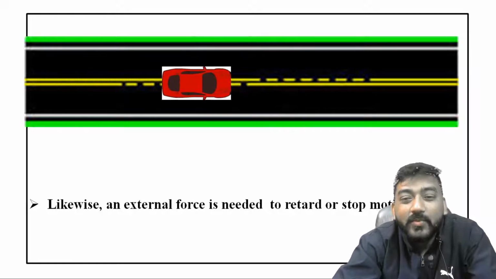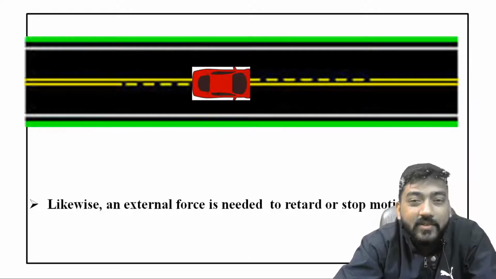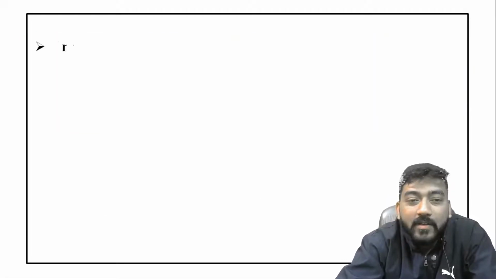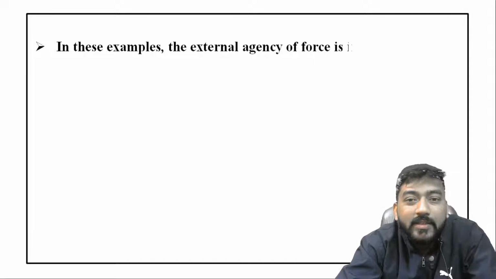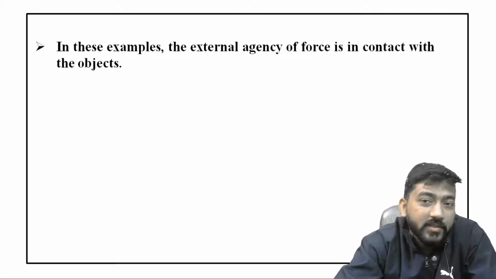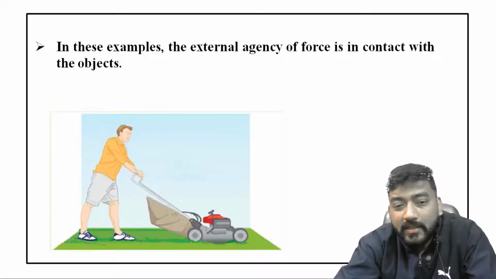So by using the brake, you can see in this animation that the external force is needed to retard or stop the motion. Now what I want to discuss, previously in this example the external agent of force is in contact with the objects. I can give you another example also,